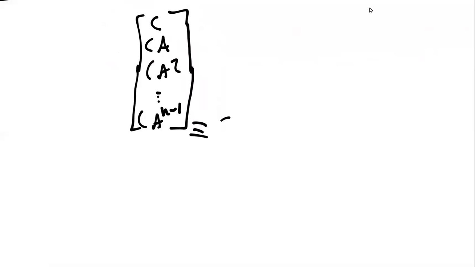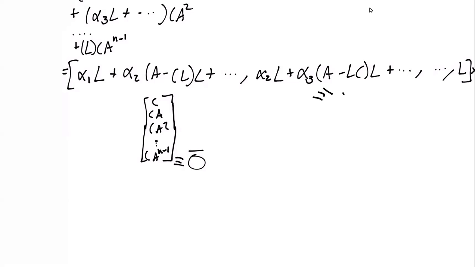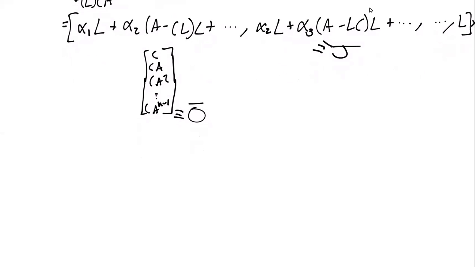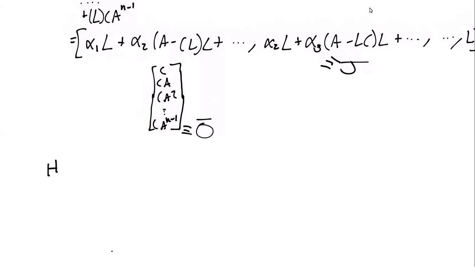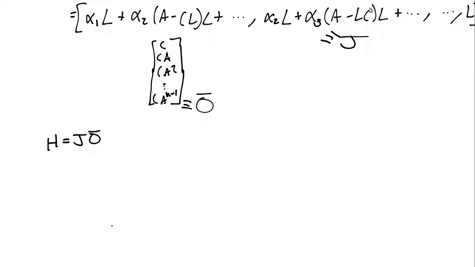So I'm going to call this O, not calligraphic O. Let's do O bar to distinguish between 0 and O. Okay, and then this guy, let's call J. So then we get that H is equal to J times O bar. And as a result,